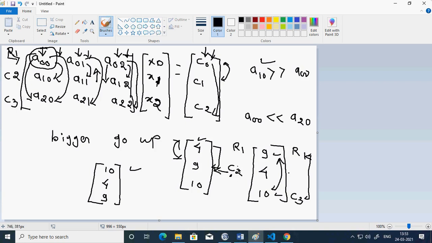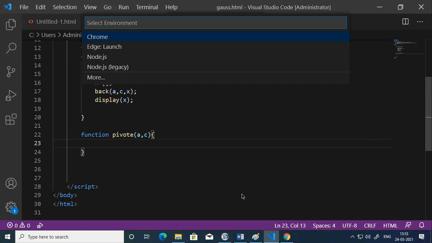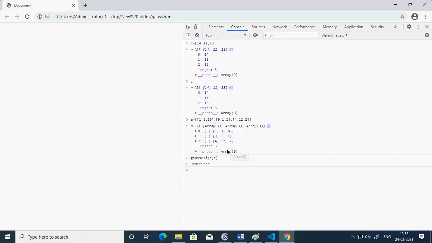So now the same logic I will try to write in code. First of all, I need to see how to get the length.